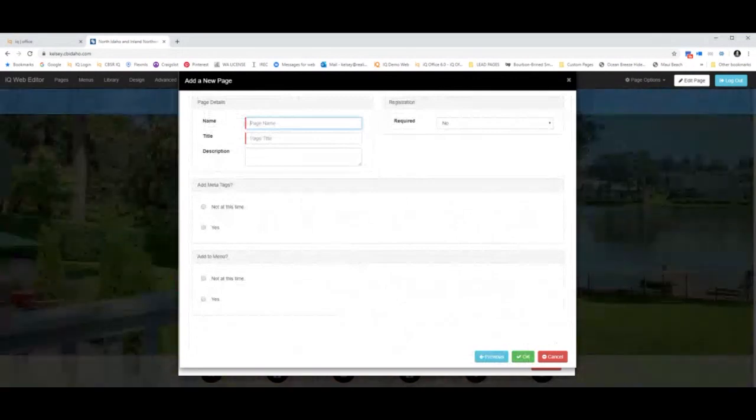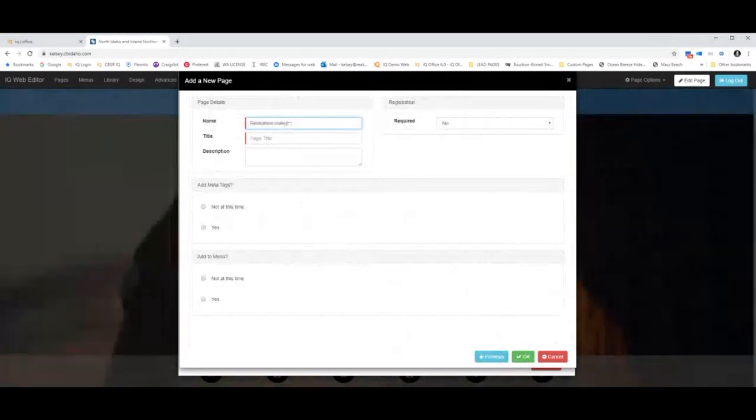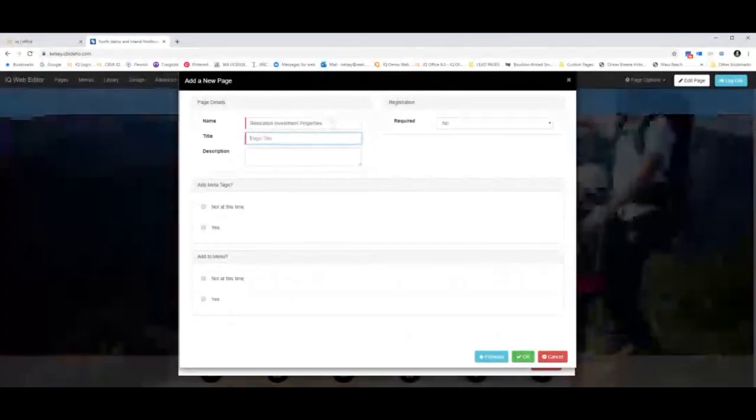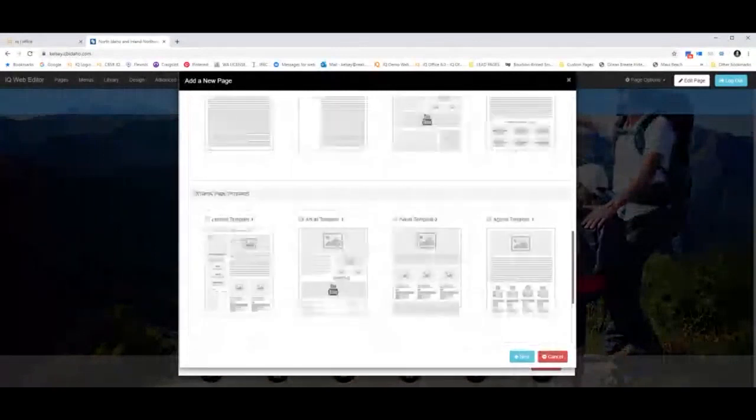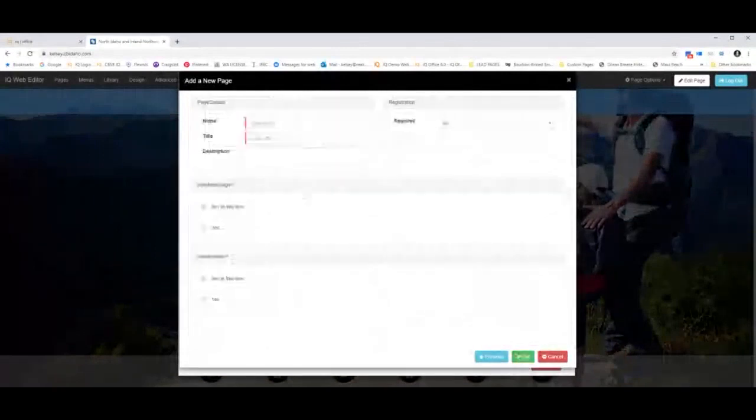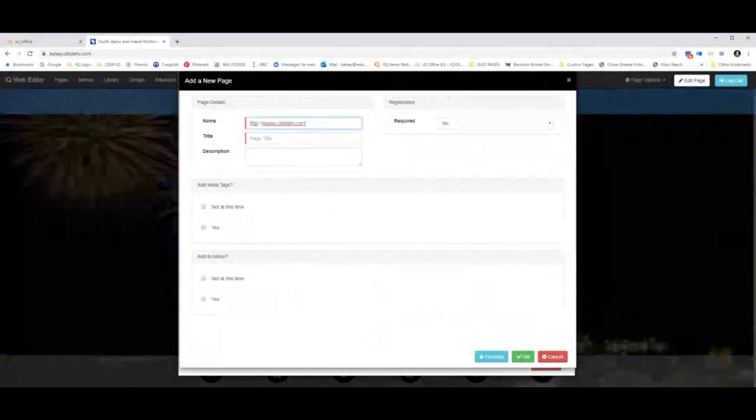And we'll name this page perhaps relocation investment properties. And we're going to then give the page a name, and we're going to give the page a title. You can do both. So I can say investment